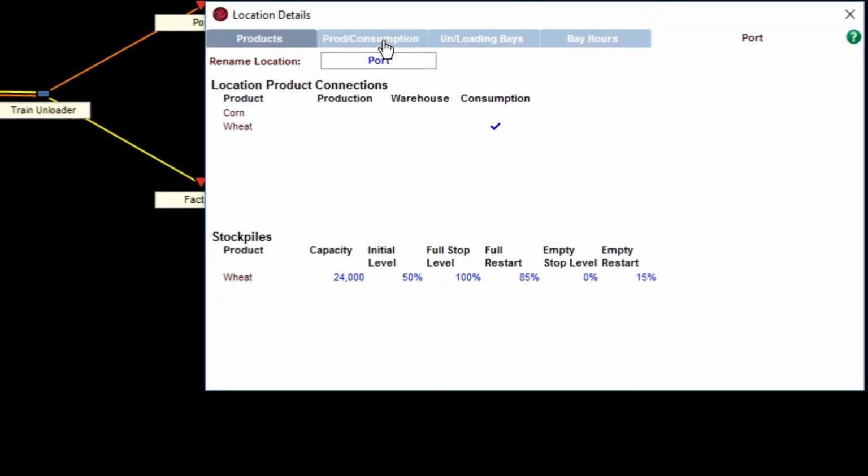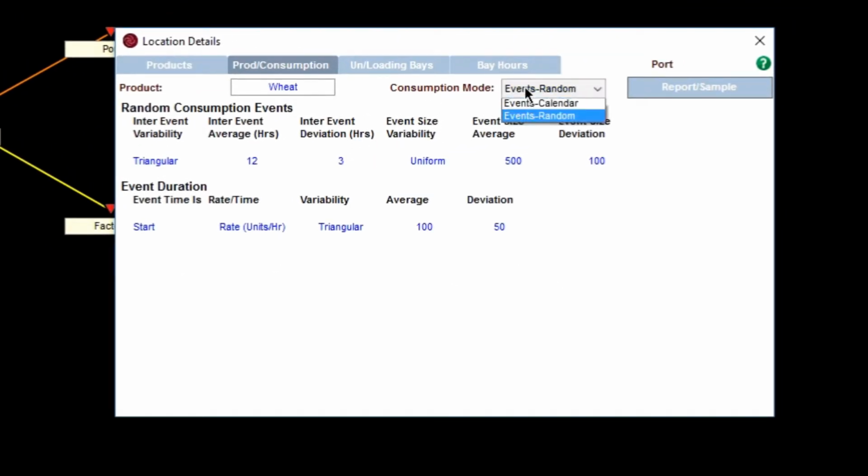You can see the consumption mode is set to Events Random. This setting will allow us to produce periodic events of a similar consumption size and duration. In our case, we will use units to emulate a steady stream of ships loading at the port. Simply reading through the table, we will create an event every 12 hours, which is the inter-arrival time, plus or minus 3 hours,